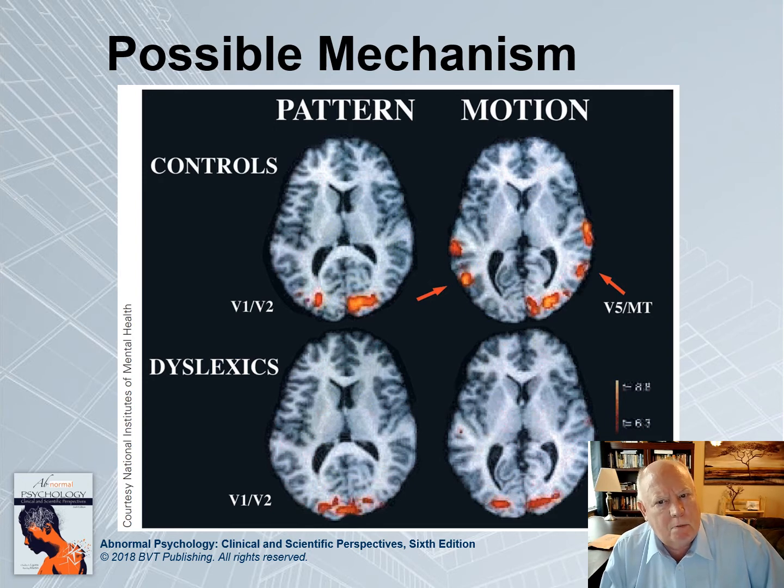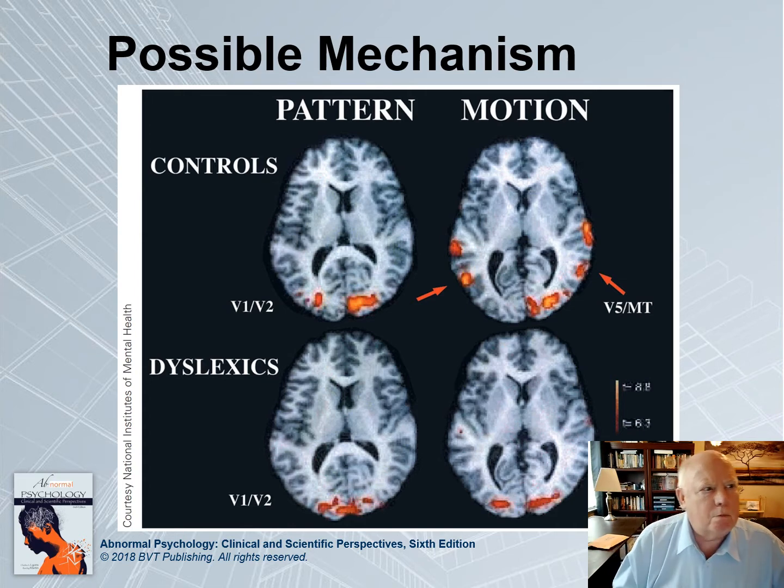It may very well be that part of the reason why individuals with dyslexia have difficulty reading has to do with the way they process motion while they're reading, motion that's created by the movement of their eyes. So is there anything we can do about that? Well, not with printed pages, because they're going to have the words across and they're going to have motion.